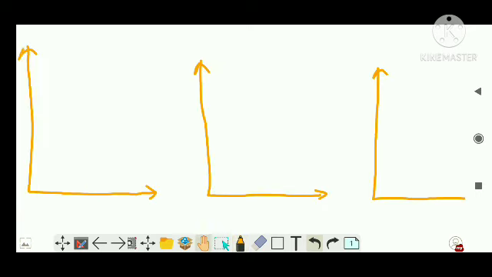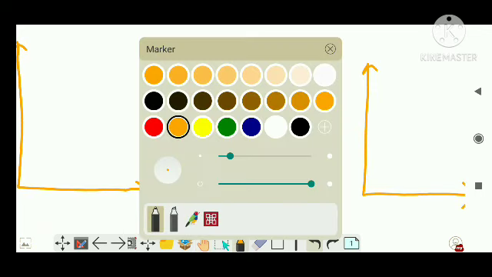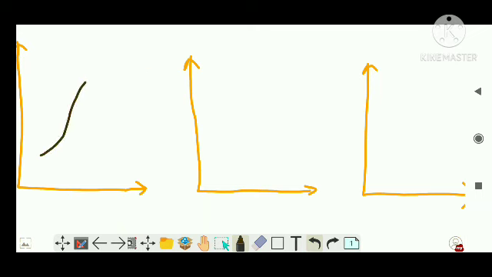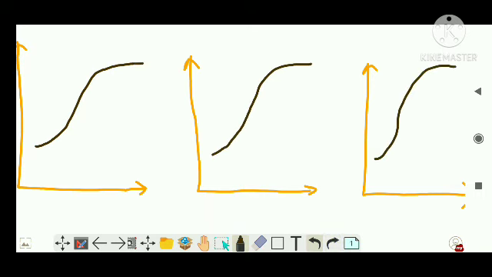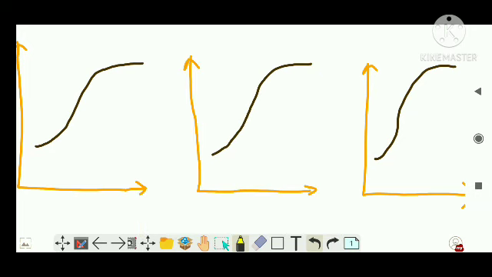Okay, it comes in a straight line. Now we have a graph like this. It looks so odd, my hand just shook. Three of them have to look similar. Hope you understood. Now we are taking two positions.